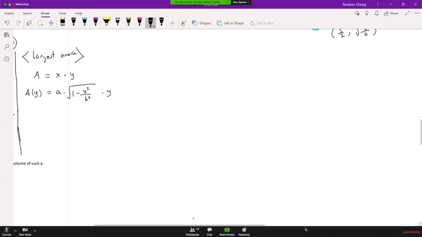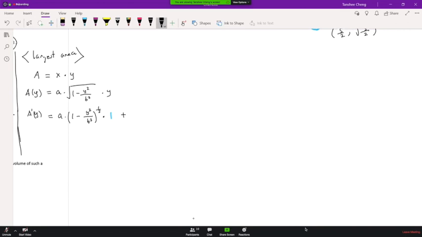Okay. So taking the first derivative, A prime of y. Remember, a and b are constants. So first I'm going to use the product rule. The derivative of y is 1, so the first term is a, which I'm going to rewrite as a power so it will be easier to take the derivative later: a times 1 minus y squared over b squared to the 1/2 power, times 1. Using the product rule, plus,